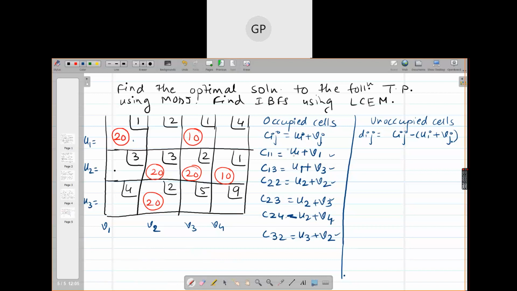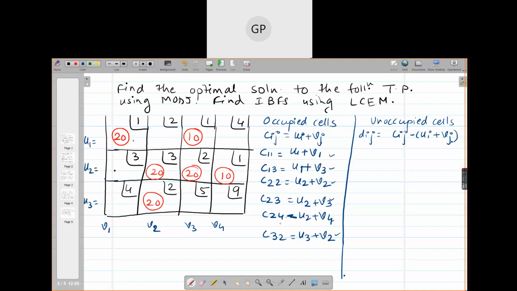Similarly, here also I have got a system of 6 equations and 7 unknowns. So we set one of the variables to 0, as 0 is the simplest number to handle. So we are setting it equal to 0. But now which variable is to be set equal to 0? Tell me.